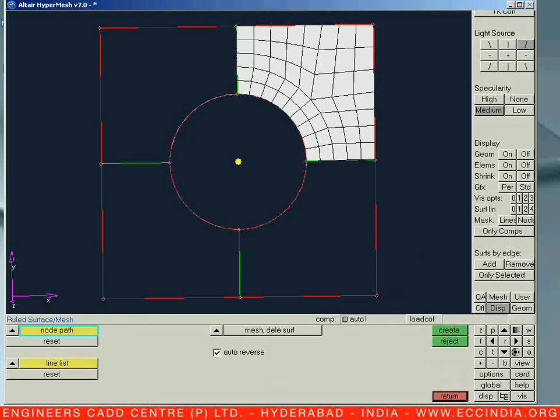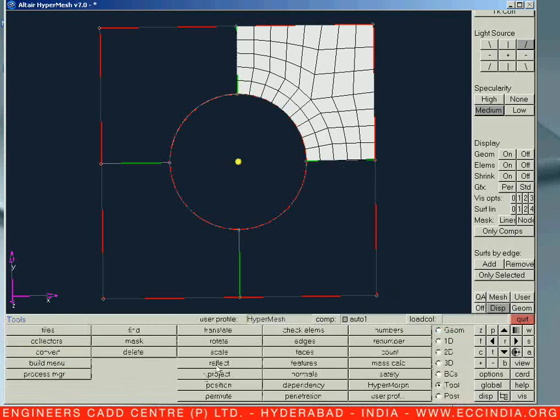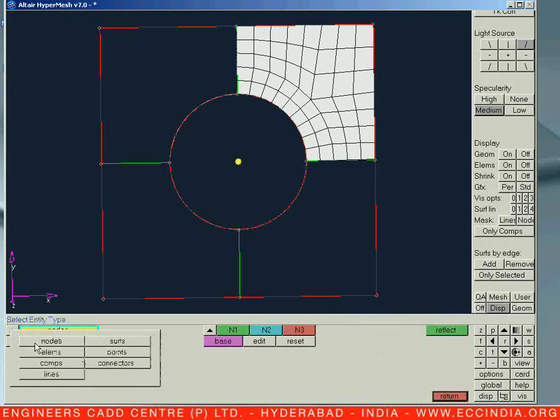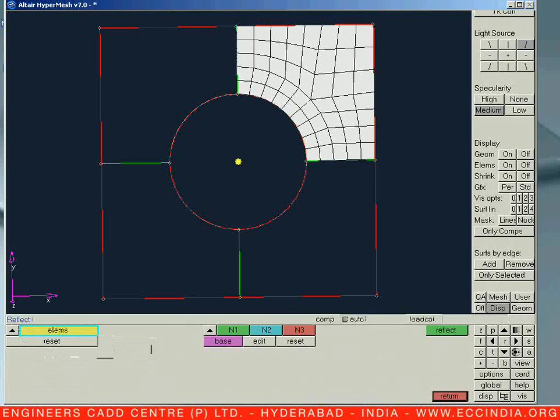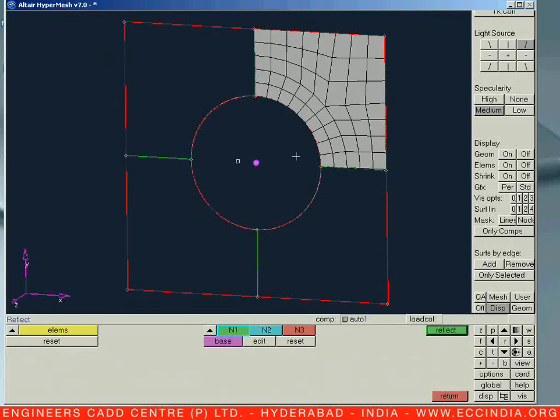Now we are going to use this particular quarter portion of the meshed region for the rest of the 3. Now let us go for the tools page. On the tools page we can use the reflect option. So let us say reflect our elements. I can reflect these elements, select these elements about a base, this one, and now just tilt it, and now check about which plane we need to reflect, if I need to use these on this particular region, because all are the same.